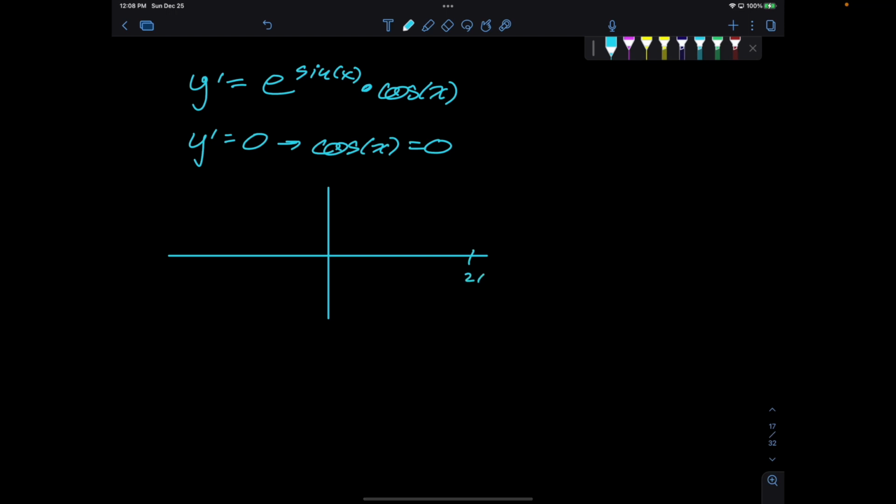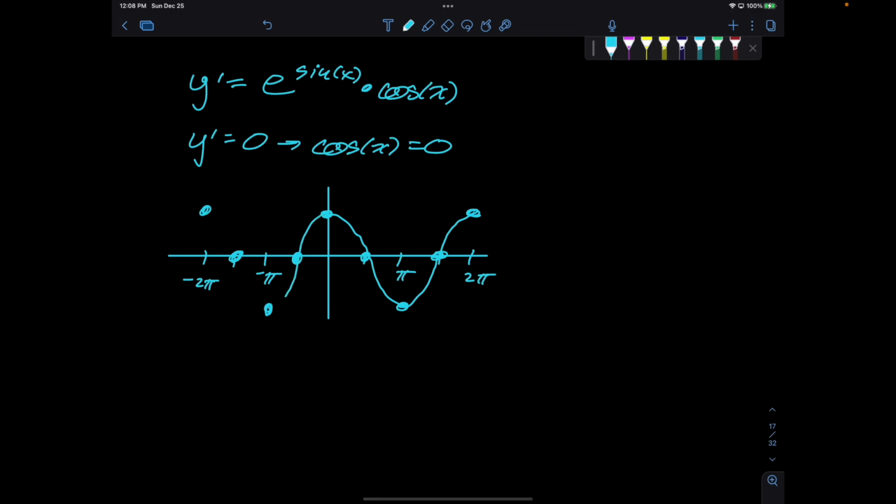So 2 pi, pi, tick, tick, negative 2 pi, negative pi, tick, tick. What's helpful about this is that it's also our sign chart, right? We know that the e thing is always positive,